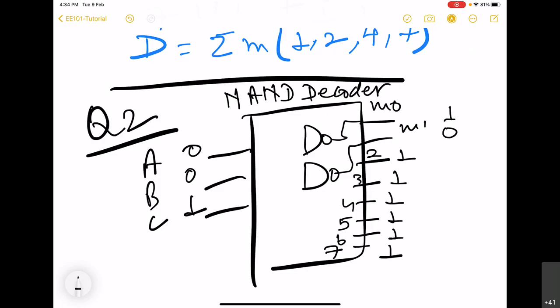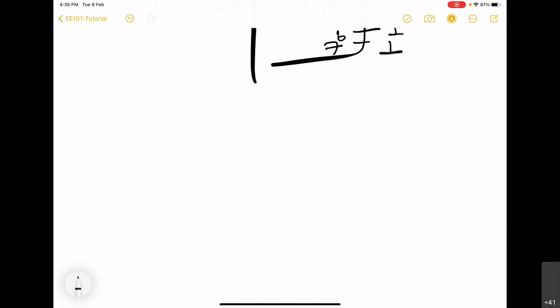Yes, I have changed that a bit. In this circuit, we will take output from D3, D5, and D6, and we don't have to connect individual NAND gates. We'll take the outputs and connect them to only a single NAND gate. That will give the answer. So you are saying that you will still take the outputs from 3, 5, and 6, and connect them to a single NAND gate. Yeah.